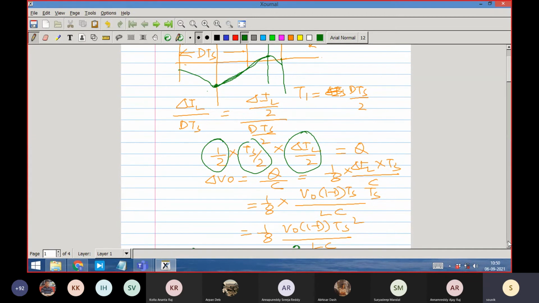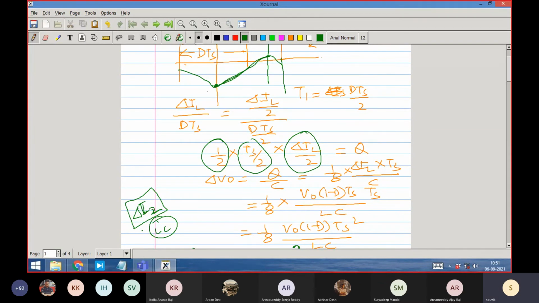And we will be following the same technique everywhere, meaning other converter topologies also. The technique is: first find out delta IL from the volt second balance condition. You don't have to take both because volt second balance has already happened. You either take the equation during on time or during off time, only one. Similarly, for the capacitor, you find out the capacitor current waveform. Then you find out the duration for which the current is positive.